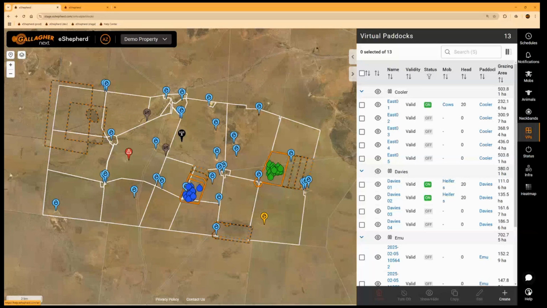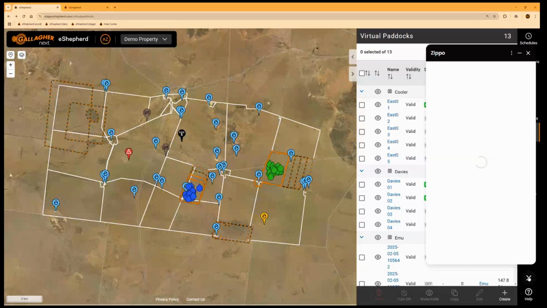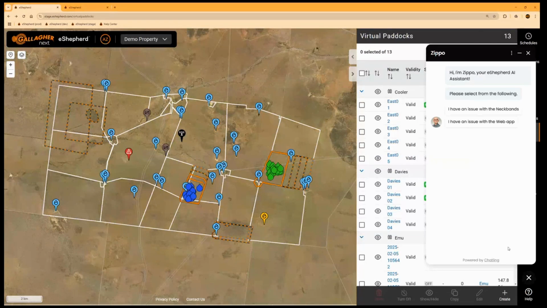But many of you have already seen our little chatbot as well, right? Now, this is an AI tool that we are trying out, right? And we have fed it a lot of information about the eShepherd platform. There's a really horrible icon that's meant to look a little bit like me, but I'm not sure that it does. Anyway, look, so this chatbot is reasonably good at giving some quick responses to questions that you might have,